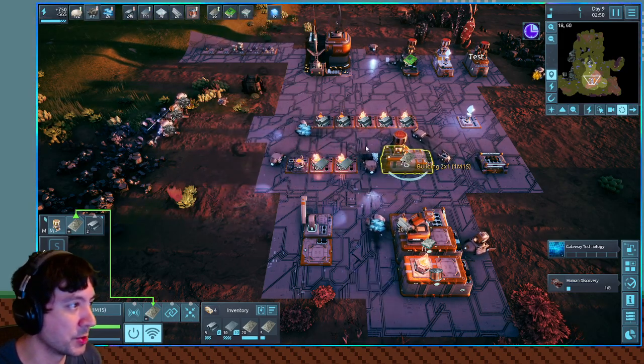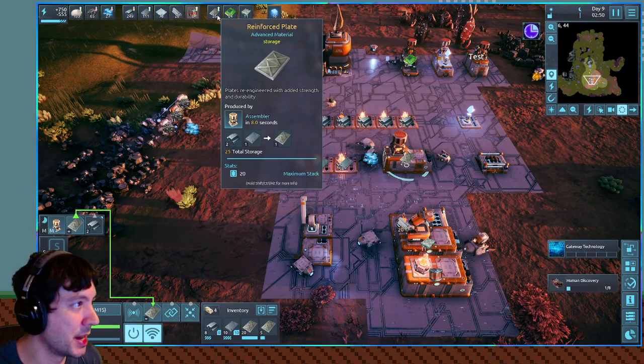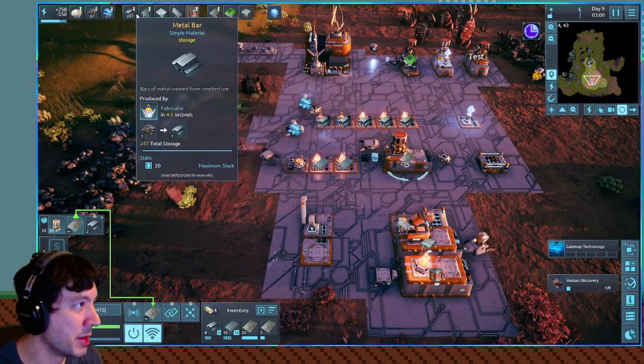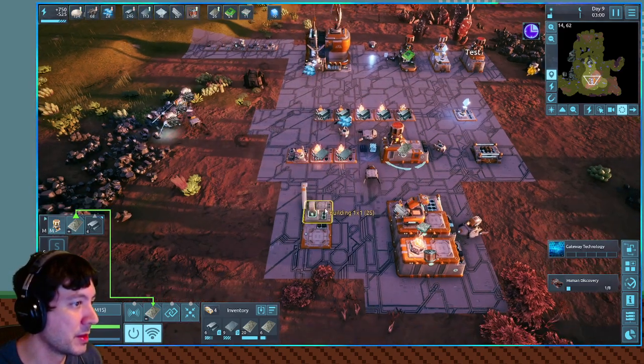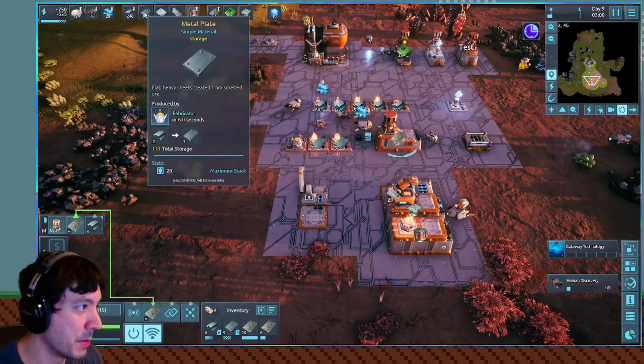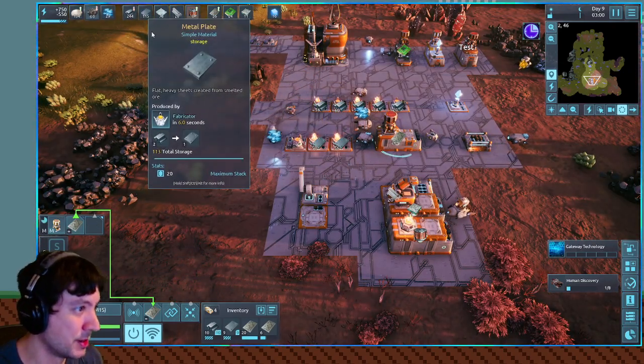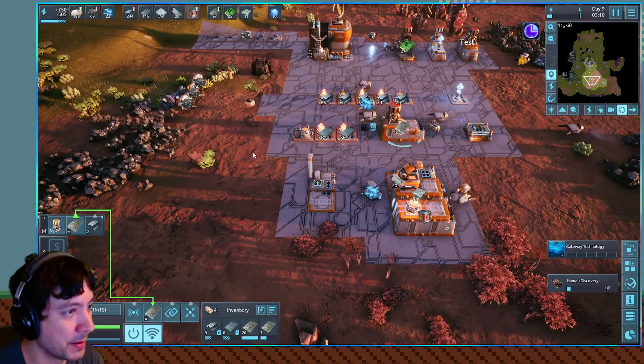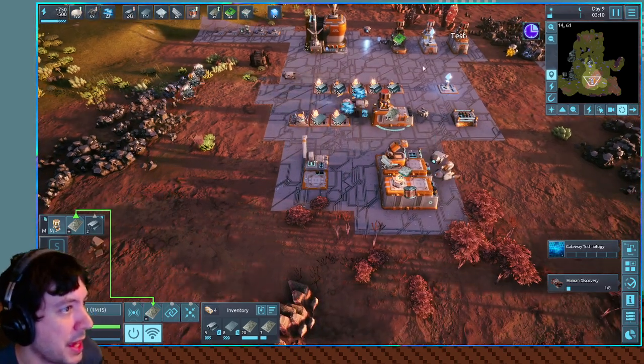Okay, this is a reinforced plate. And it's made by combining metal bar and metal plate. Metal bar is made by ore, metal plate is made by bar, and then we combine them together. So, I think